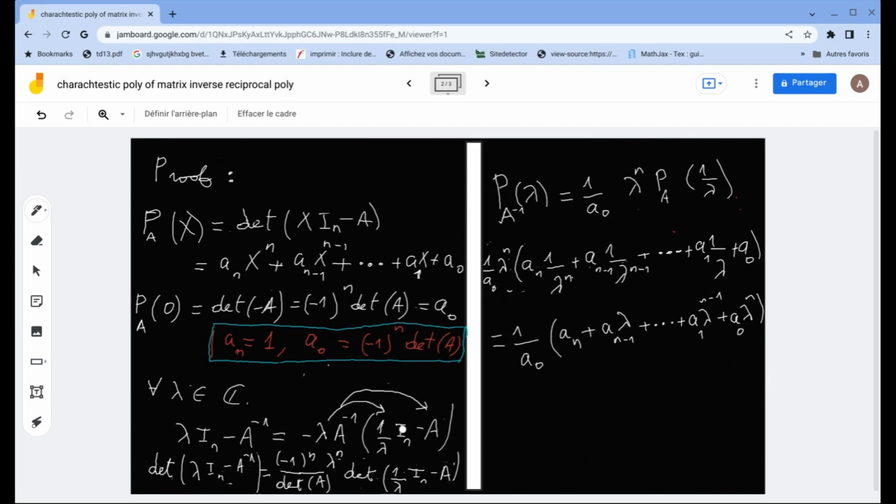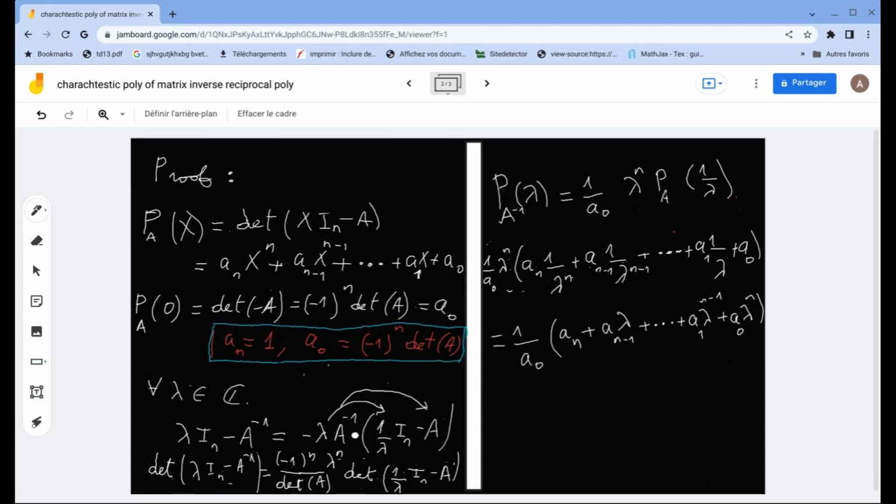So I get here the determinant of 1 by lambda In minus A, which is the characteristic polynomial evaluated at 1 by lambda. Here instead of x, I have 1 over lambda. So this determinant is the characteristic polynomial of A, and here the determinant of this is minus 1 power n lambda power n,